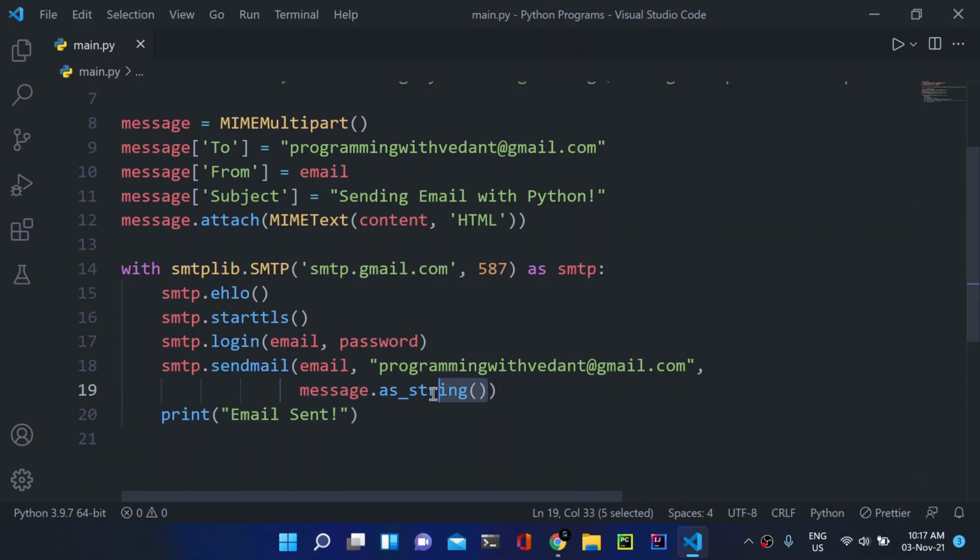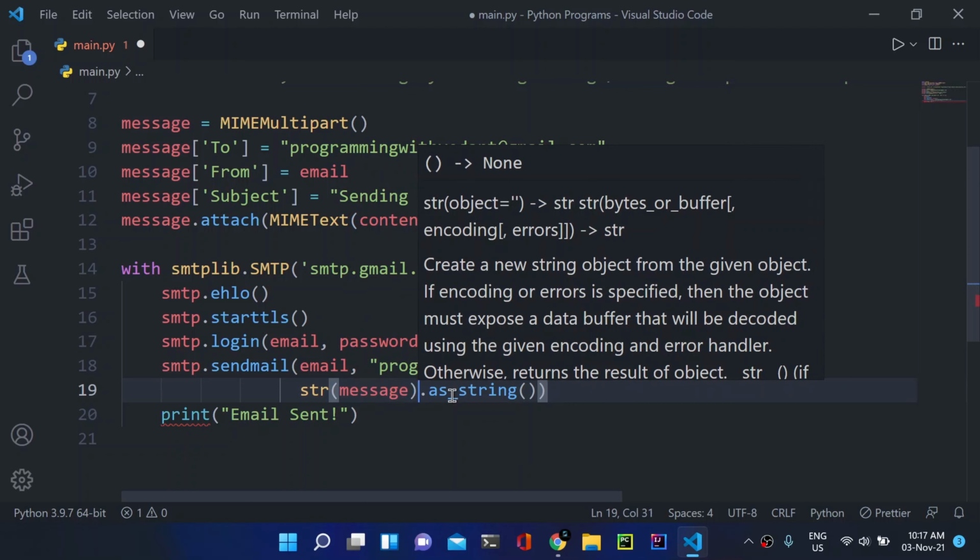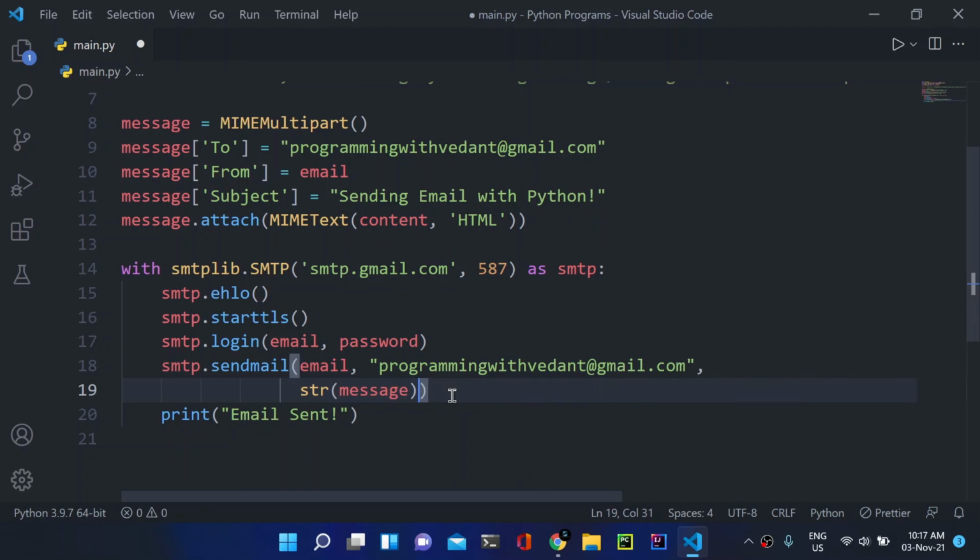Instead of using as_string, you can also convert it to a string using the traditional method. Both approaches give you the same results. And here we have a simple print "email sent" text, which will be shown on our terminal whenever the email is sent.